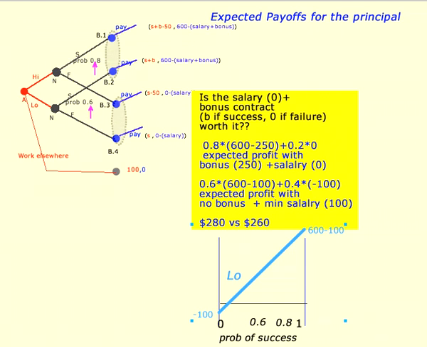Now, we're just going to get low effort if we pay him a basic salary of 100. In that case, we'll get revenues of 600 minus 100, which is 500. And if we don't earn any revenues because it's a failure, we'll have to pay him a salary of minus 100. The expected payoff, it's either going to be up here at 500 or it's going to be down here at minus 100. But a probability 0.6 on 500 and a probability 0.4 on minus 400 gives us an expected payoff of 260. Let's put that other guy back in there with a high expected payoff.